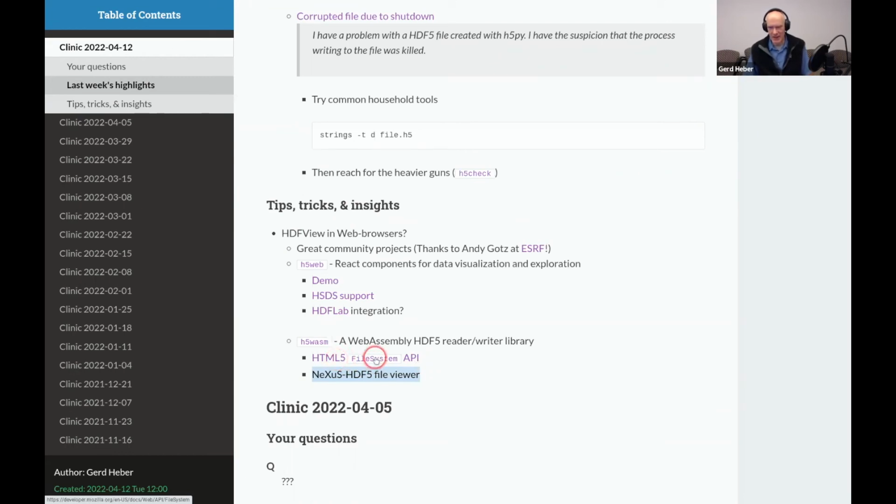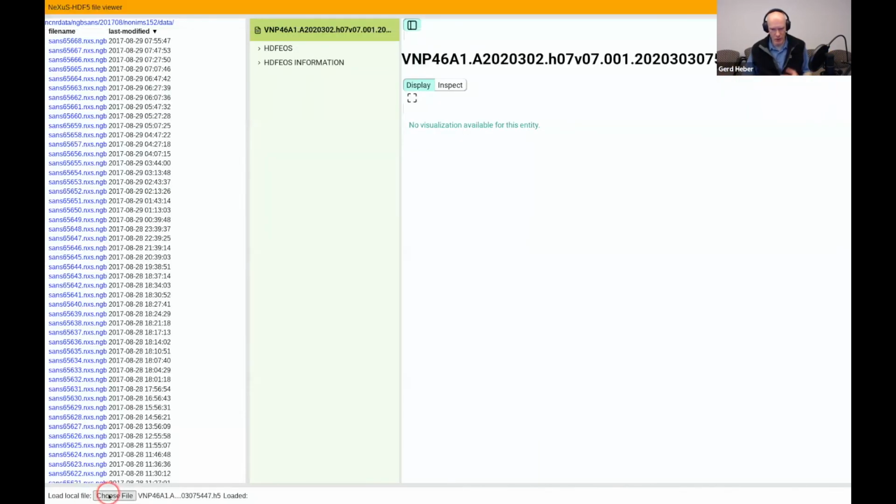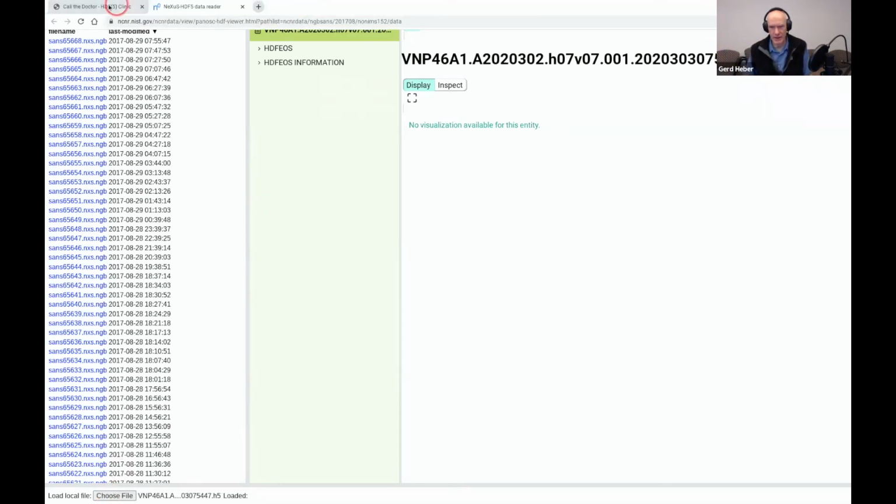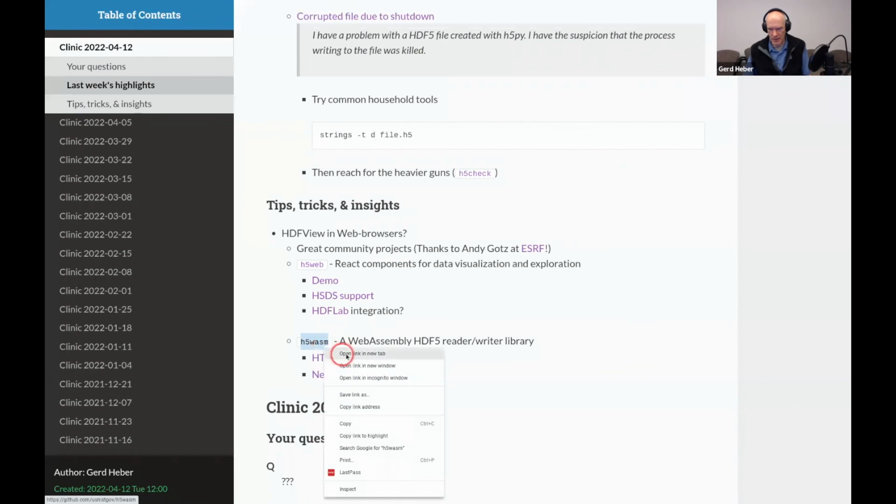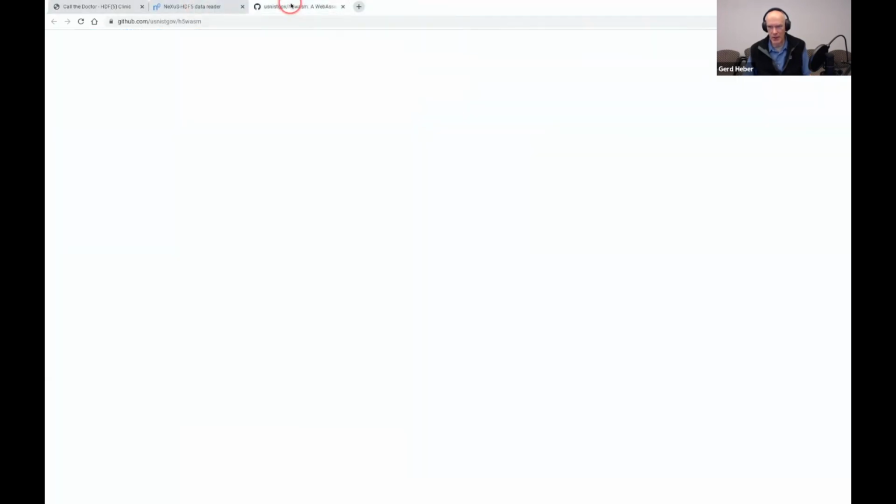HTML5 standard, there was a thing called a file system introduced, which means that in the browser, in the sandboxed environment that your browser is, if it works the way it's supposed to, meaning it's sandboxed from the rest of the environment, you can have nevertheless a file system in that browser sandbox. And so when I chose this file and uploaded this file, all that happened actually, it was copied into that browser sandbox. And then what these guys did here in this H5 WebAssembly project is, by the way,